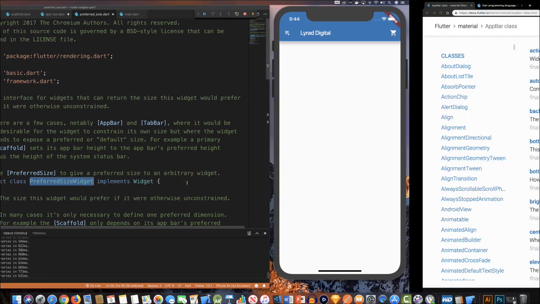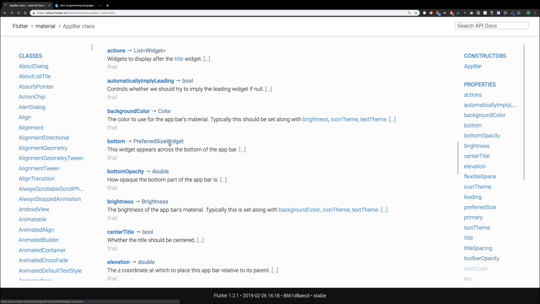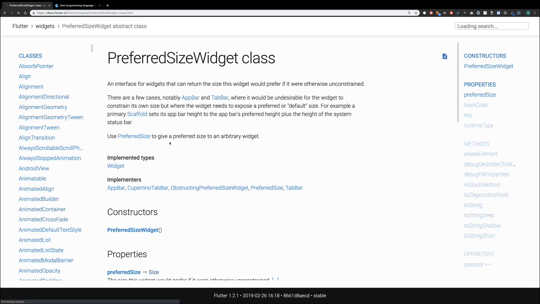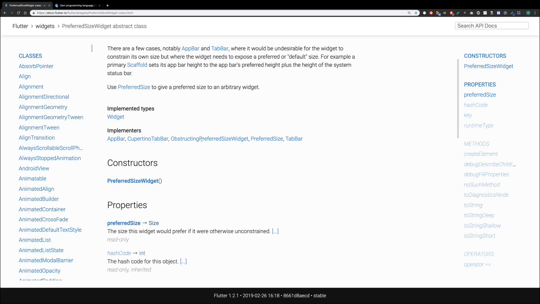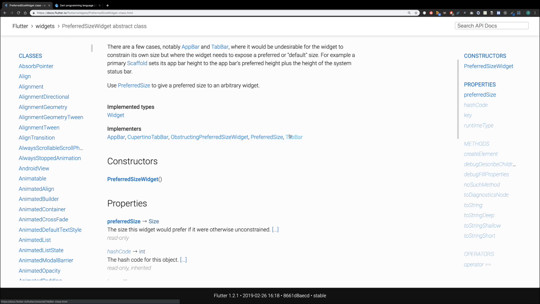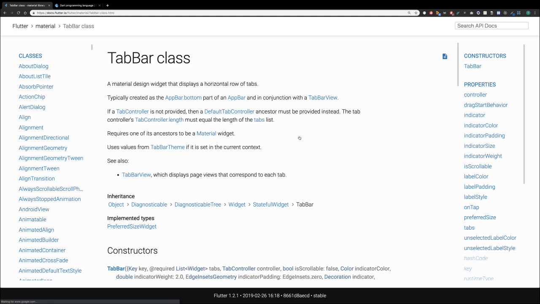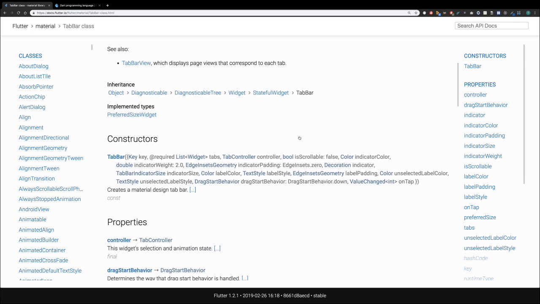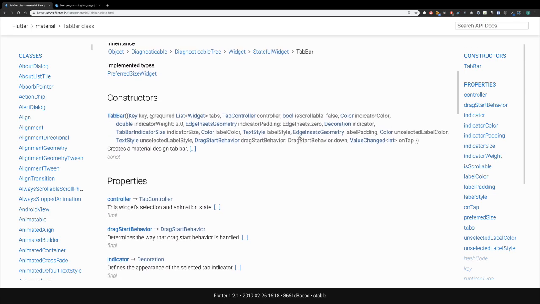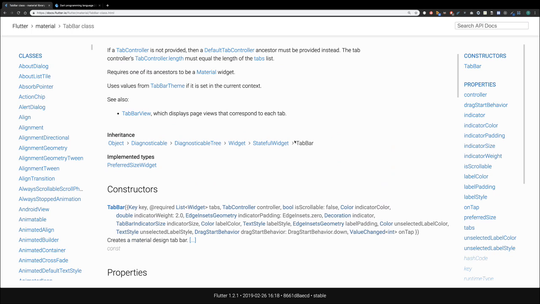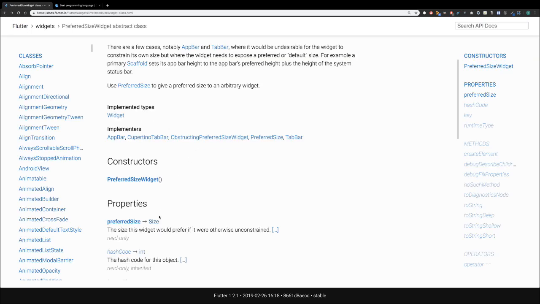So this is abstract, so something must be using preferred size widget. What kind of things use it? Implementers. Tab bar. Is this inheriting from a preferred size widget? It doesn't look like it. So these are the things that implemented it, but they're not things that